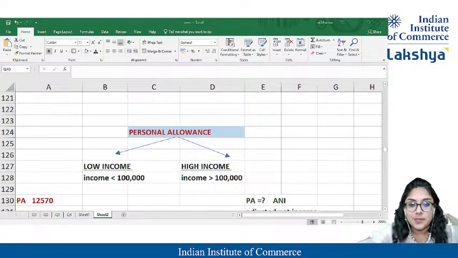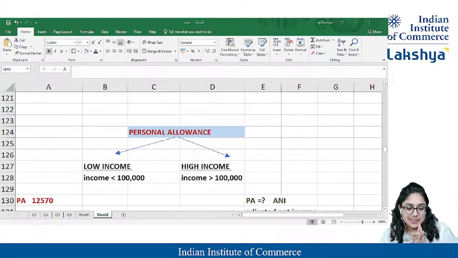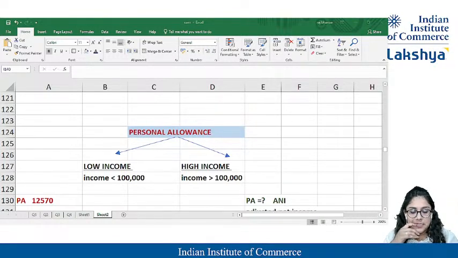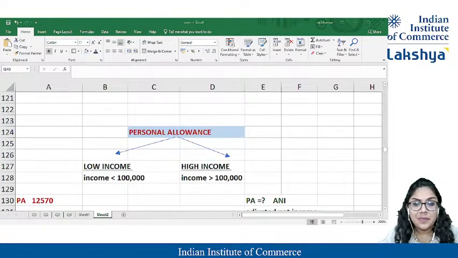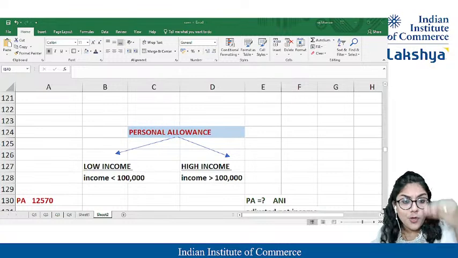When I talk about personal allowances, actually it is as such. If you're earning less than 1 lakh, 12,570 is fully allowed. Yes, full allowed. But if you're earning something more than 1 lakh,